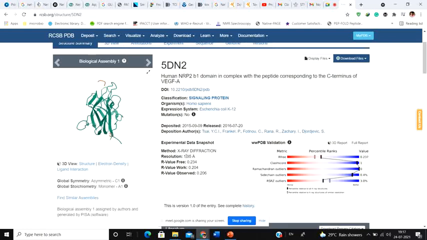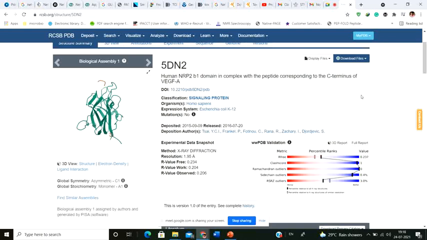Okay. And after that you get to see this is the validation. The validation means this is the 3D structure report. That means how good your structure is. Once you remember when I talked about the Ramachandran plot. Remember the Ramachandran plot I talked about in the last class?